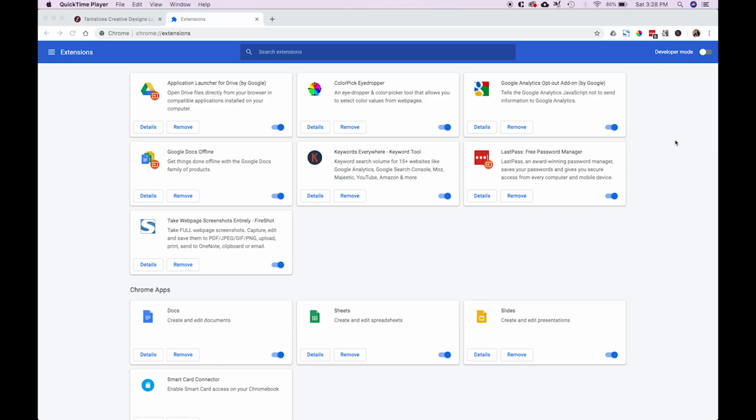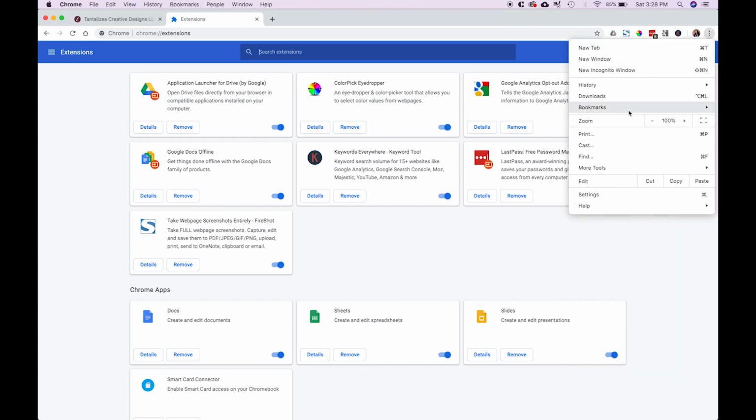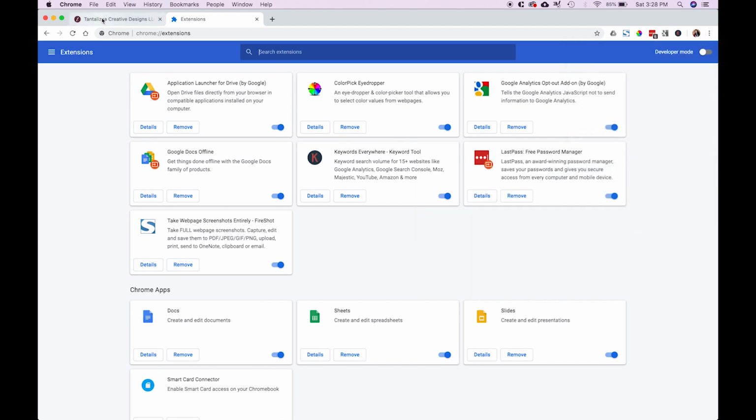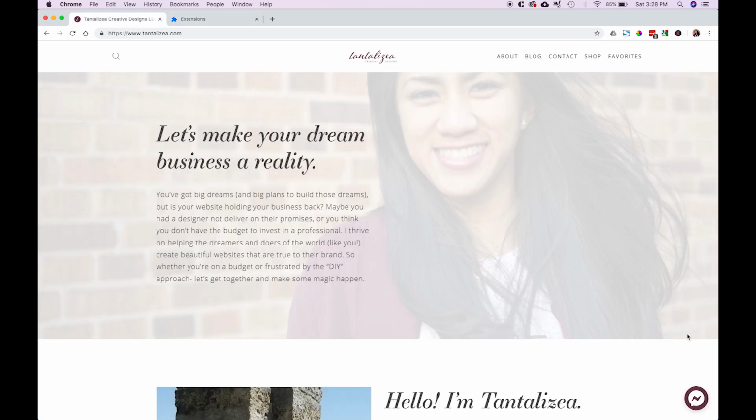So the first extension I want to go over is called Color Pick Eyedropper. And these are all my Google Chrome extensions here. So if you're not sure where to find that, you can go to these 3 dots here, down to More Tools, and then Extensions. So if I go on my website, and I'll go all the way down because I